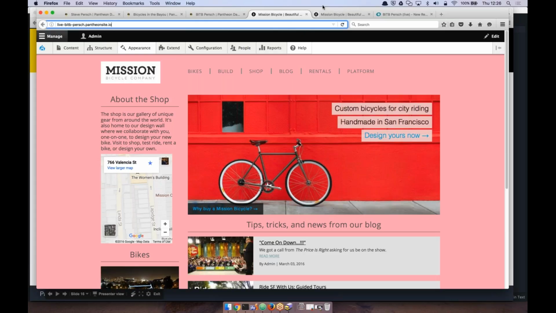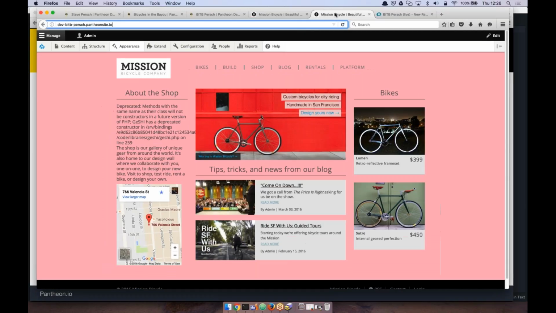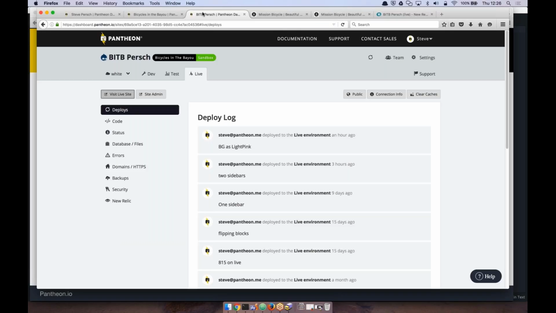Our imagined workflow here is that the client no longer wants pink, and they want these sidebars split up. So in this example, over on our dev site, the sidebars have already been split up. The task remaining for a developer is to change the background color. Touching a little bit more on the dashboard before I dive into making that background color change, I want to